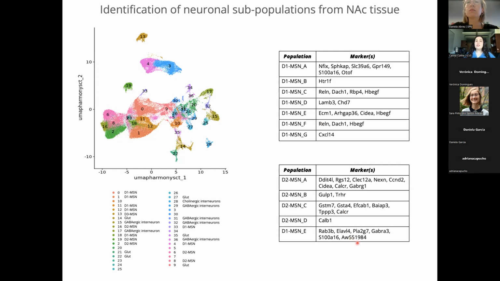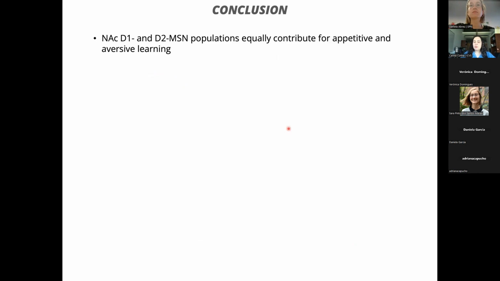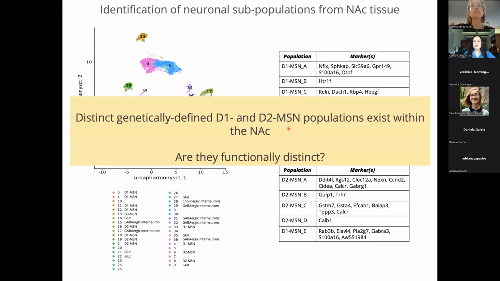What we want to do in the future is to use these distinct genetic identifiers to further target these subclusters or subpopulations of D1 and D2 MSNs, to try to understand if there's a differential contribution of these populations to the learning process. We are still at the beginning, we are still exploring this data, but I hope that this will bring a lot in the future. So as conclusions, I'd just like to